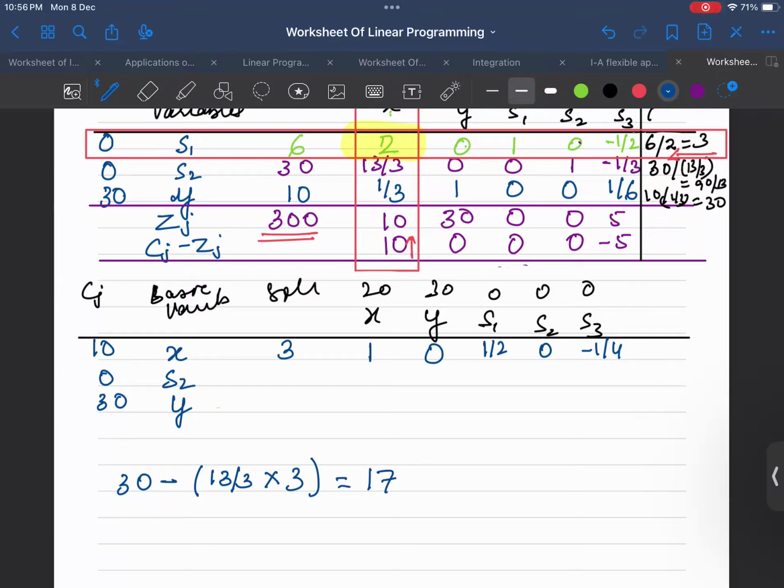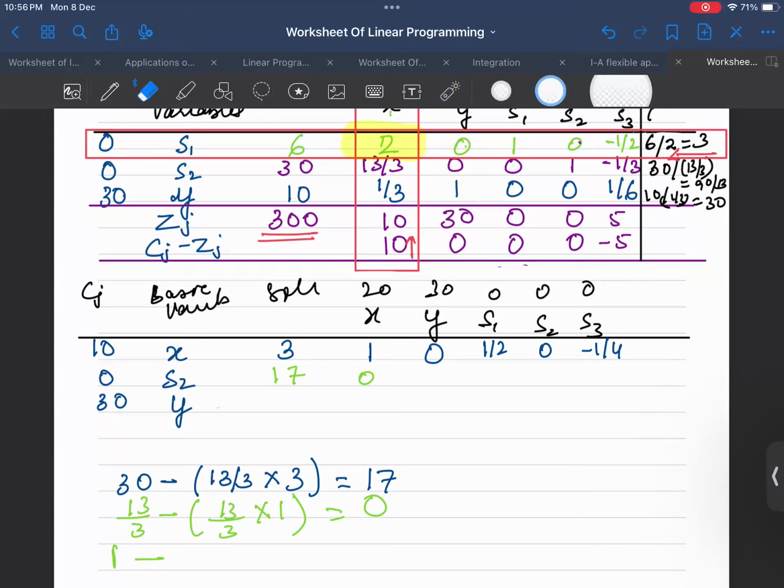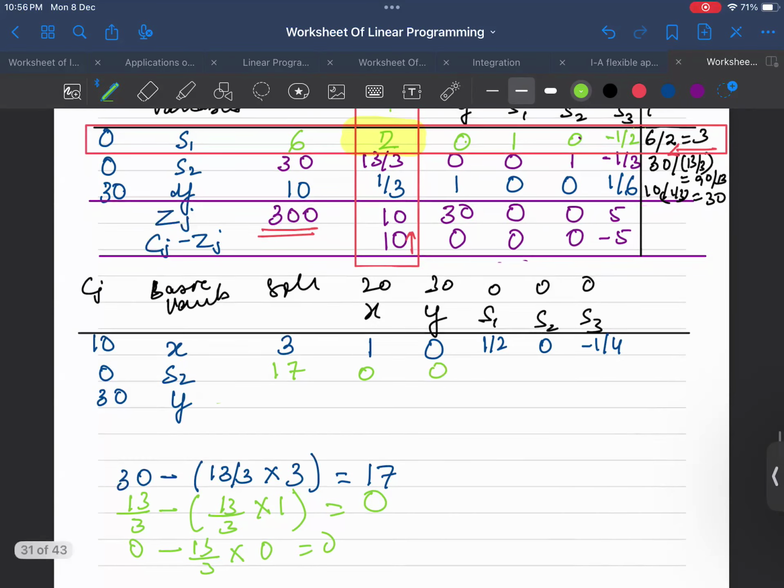17. ठीक है. फिर आपने क्या किया? इधर पहले तो आपने यहाँ 17 लिख दिया. देन फॉर x के लिए आपका ओल्ड वाले में कितना है 13/3 माइनस ई वाला भी 13/3 और माइनस मल्टीप्लाई बाय 1, यू गेट द वैल्यू 0. तो आपका इधर आ गया 0. नहीं, एक मिनट, हम 0 के लिए निकाल रहे हैं, नॉट 1 के लिए. ये 0 y के लिए 0 है, तो 0 माइनस 13/3 मल्टीप्लाई बाय कॉरस्पॉन्डिंग में कितना है 0 है, तो हमारा आंसर इधर 0, ये भी 0. इन द सेम वे आप दूसरे के लिए भी ऐसे करोगे,